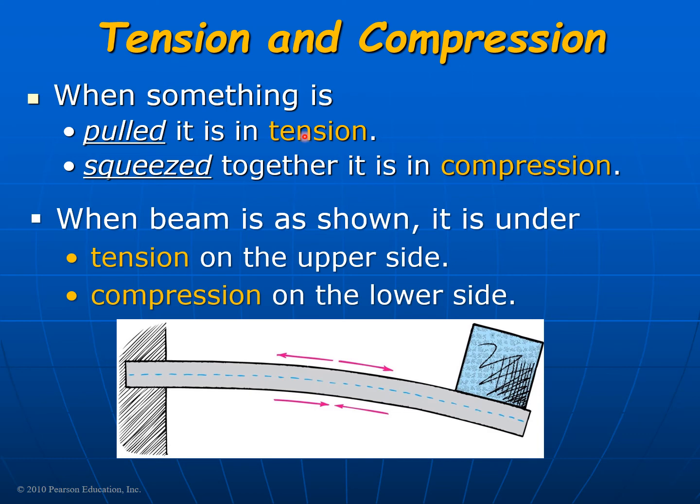So for tension, the atoms will spread out. It will increase a little bit in length. For compression, the atoms will squeeze and it will decrease in length. Now let us see this example here. When we have a beam of steel, it will be fixed in the wall on one side, and we put a load on the other side.